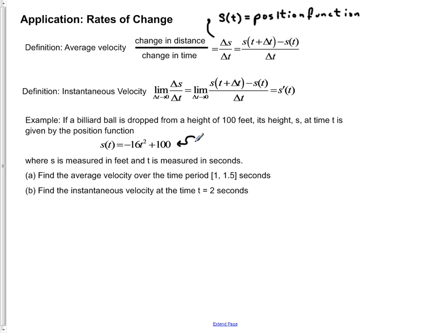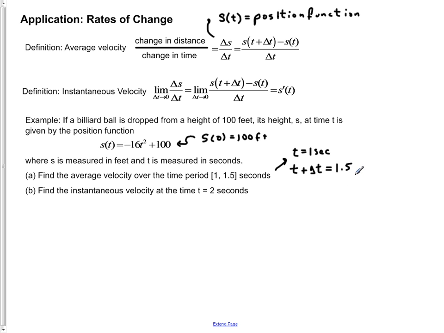You can tell that, for example, s of 0 at 0 seconds, at the moment when the ball is released, is equal to 100 feet above the ground, right? So that's exactly what we mean. We want to find out, well, what would be its average velocity over the time period from 1 to 1.5 seconds. What we're really saying right here is that at time t equals 1 second, to the time period 1.5 seconds, so we could say, well, t plus delta t, right, this is the later time, is